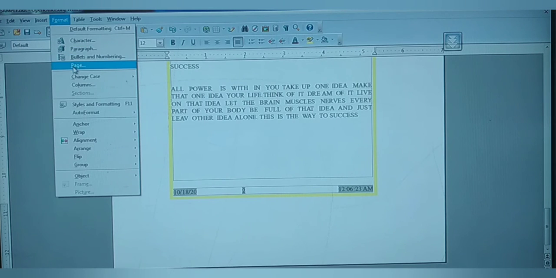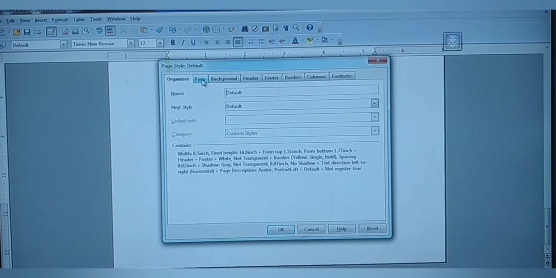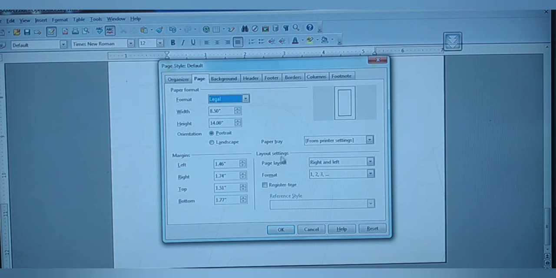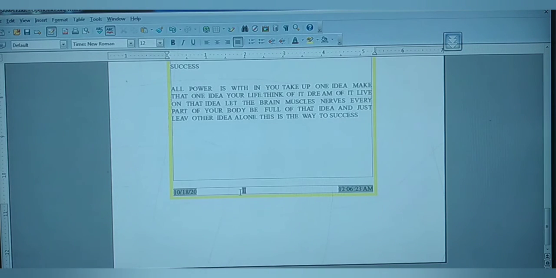Here you will be having Page, and you have to select the Page tab and layout settings. Here you are having the layout settings, no? From here only you have to select. Just for the difference, we can have Roman letters, capital Roman letters, okay? Click it here. Okay, now it is II for you. Able to see the Roman letter? If I am willing to change it again, yes, you can.